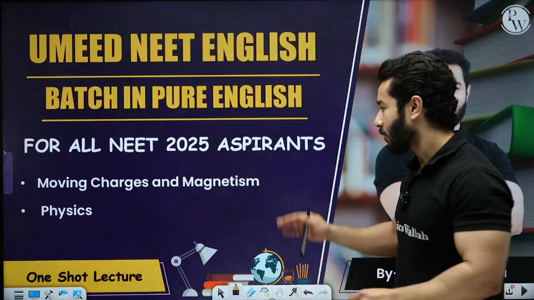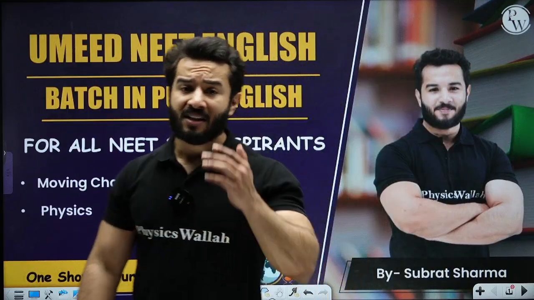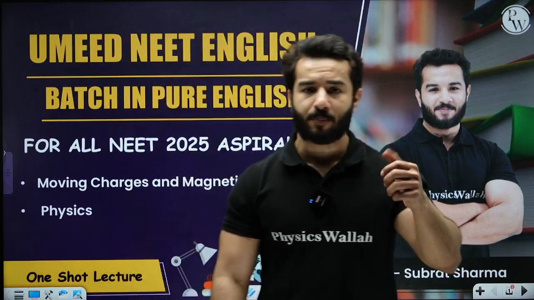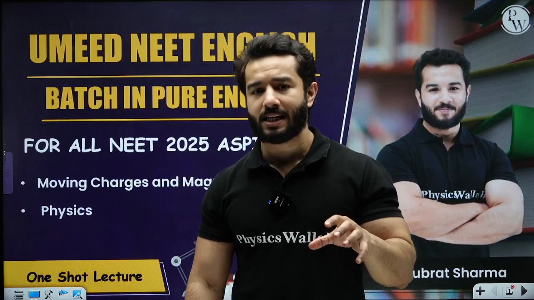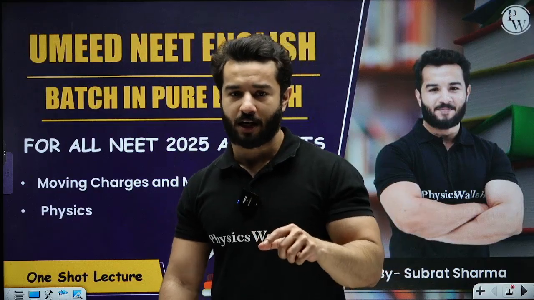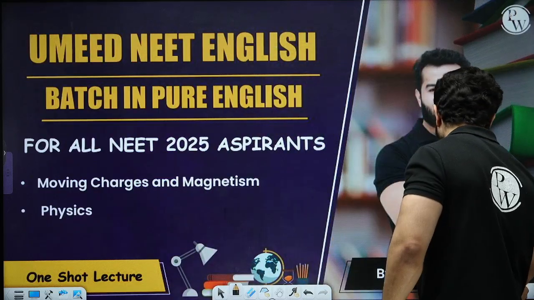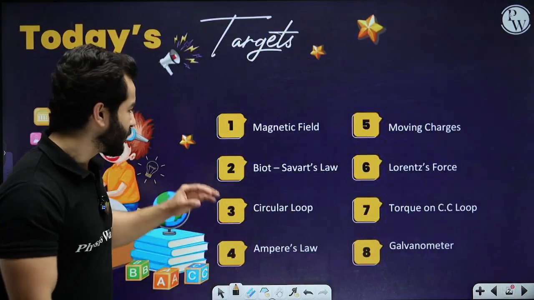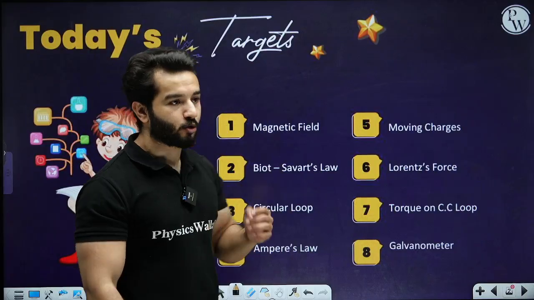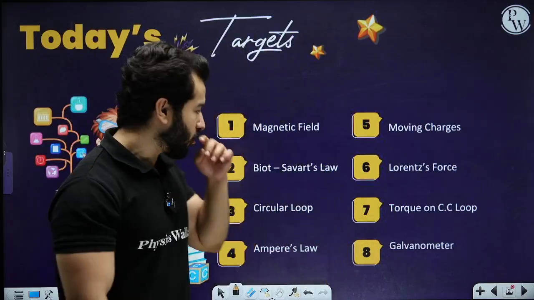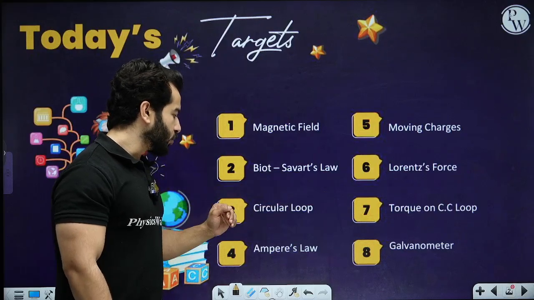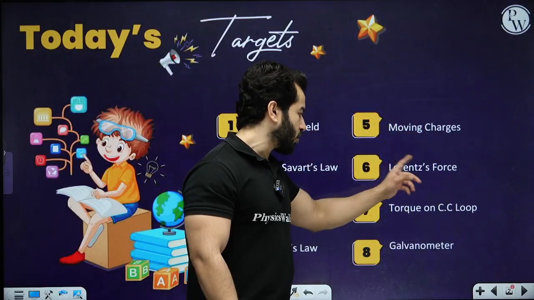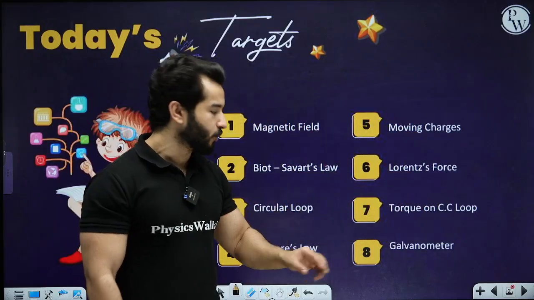Today we are going to talk about moving charges and magnetism. The chapters which are before this chapter you're going to find in the videos on the same channel, right? So today we are going to mainly talk about magnetic field. We'll start our class with magnetic field, then we'll discuss Biot-Savart's law. I'll also derive Biot-Savart's law for you and magnetic field due to a current carrying loop. Then we are going to talk about Ampere's loop, moving charges, Lorentz force, torque on a current carrying loop, and